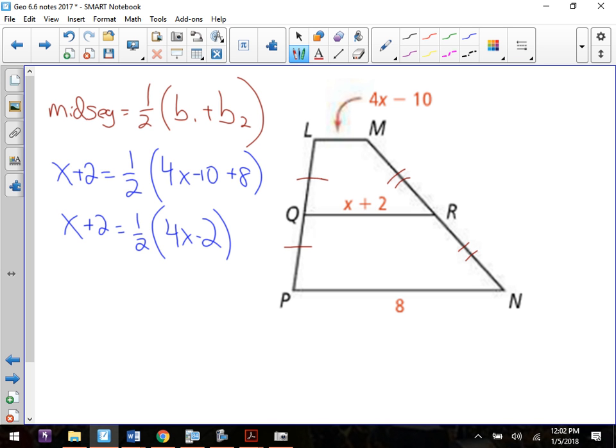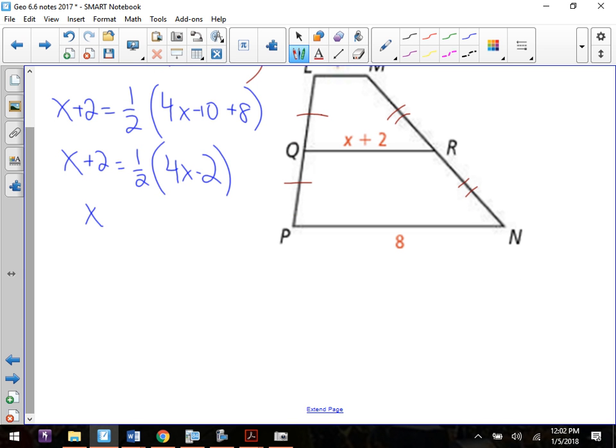Remember, you have to go to both parts. Sometimes you guys forget that. So you get x plus 2 is 2x minus 1. And lo and behold, we're back to a very quick problem. Subtract x, add 1. You get 3. Now,